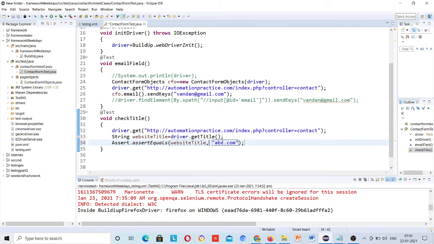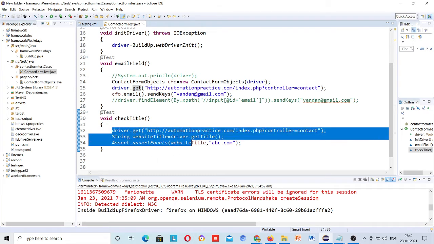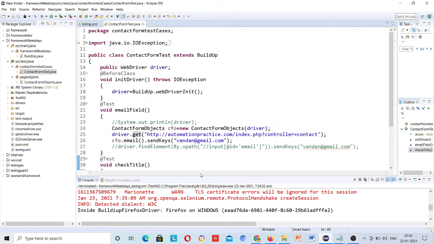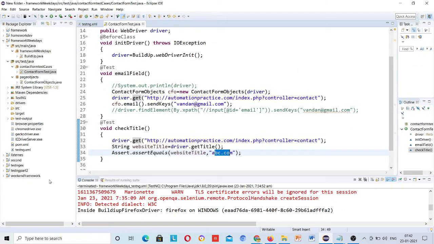So this will fail. This is a new test case which will fail. And why will it fail? Because I am expecting abc.com, while maybe it returns automationpractice.com. So here, just go and run.